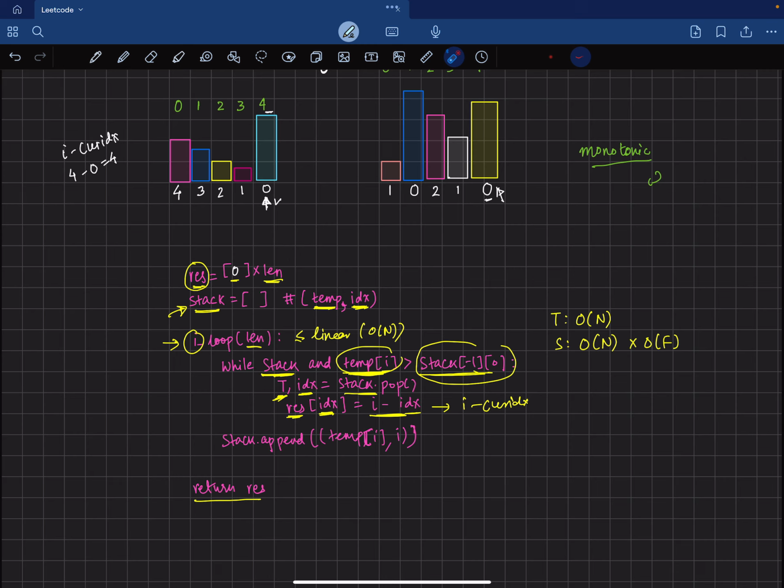Once we break out of this while loop, we push back into the stack, in the structure, the temperature at index i along with the index where the temperature was placed, which is index i. Once we exhaust the entire loop, we come out of the loop and return the result. So the time complexity of this will be order of n, and the space complexity,